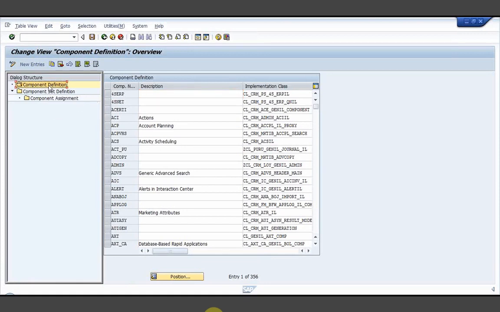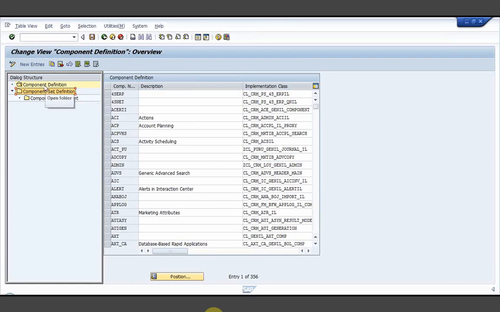Just visualize, here we would be defining a component, and here we would be defining a component set, and underneath that, for a respective component set we would be assigning the components.